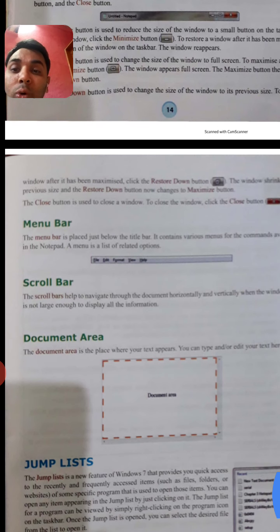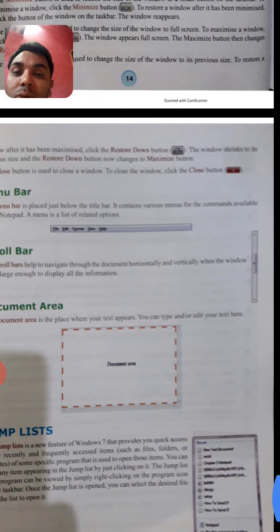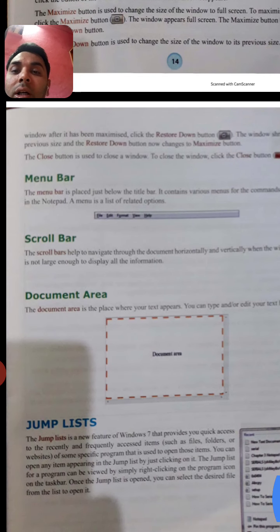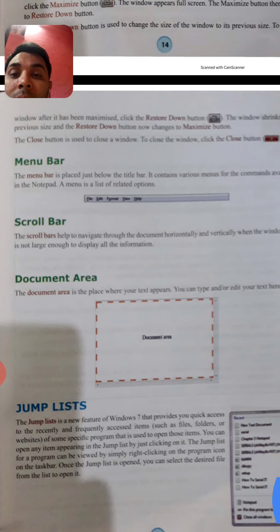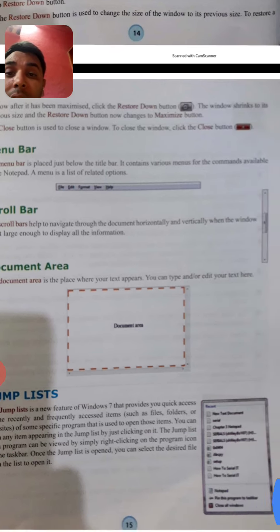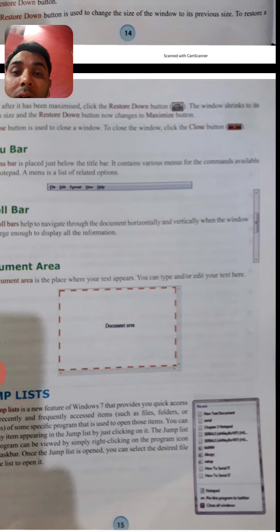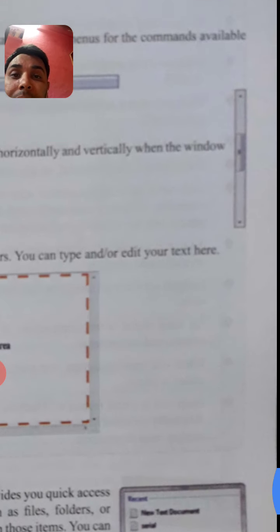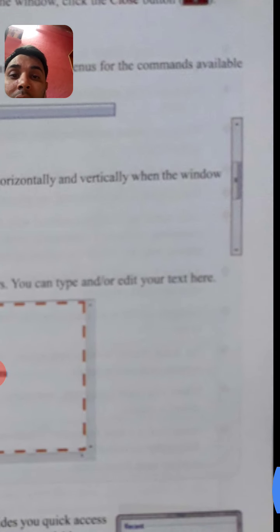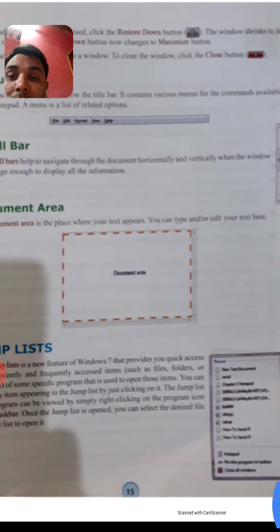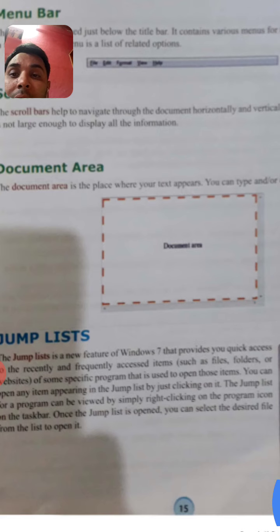Now see students, the scroll bar. The scroll bar helps to navigate through the document horizontally and vertically when the window is not large enough to display all the information. So see here, they have shown horizontal and vertical scroll bars to move the page up and down. Now see the document area.